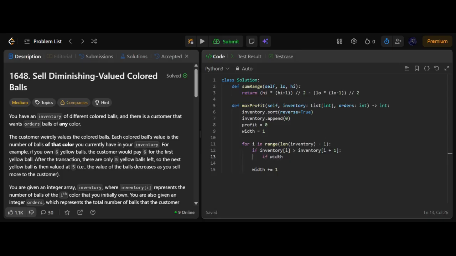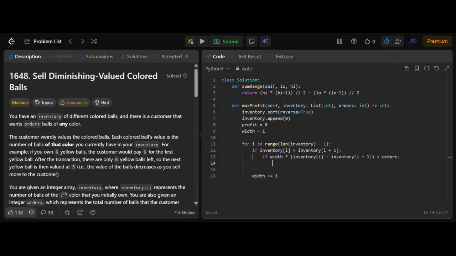So the first thing we want to do is actually say if the width times by, I'll just copy this, inventory I minus inventory I plus 1. So basically the sum of all of these balls, the number of balls across the levels, times by the width. If this is less than orders,